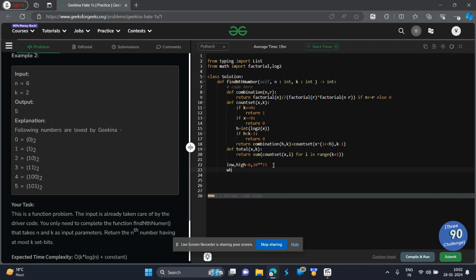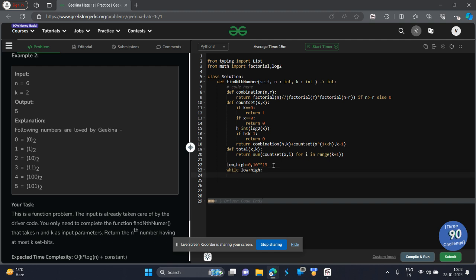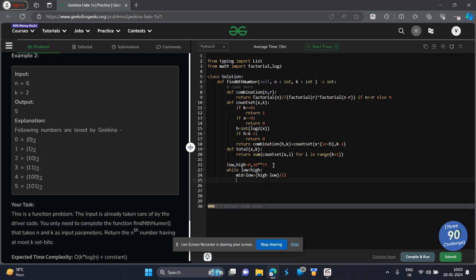Now, while low is less than high. This includes low, but does not include high. And for every iteration, we'll calculate the mid as you do in any binary search: low plus (high minus low) by 2. Now if